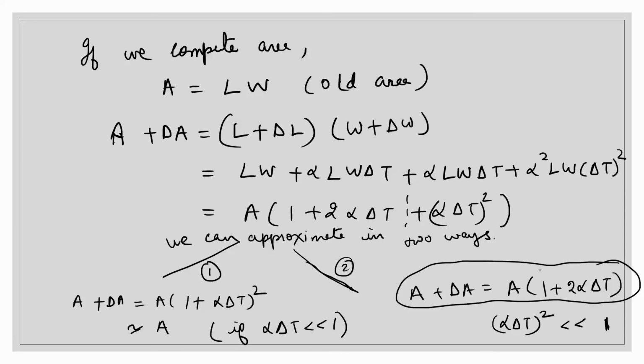So here you can see that there is some change in the area, or you can say that there is non-zero change in the area. So this is called algebraic approximation. As we do not use any Taylor series, but we got rid of some higher order terms. Now we will do one question.